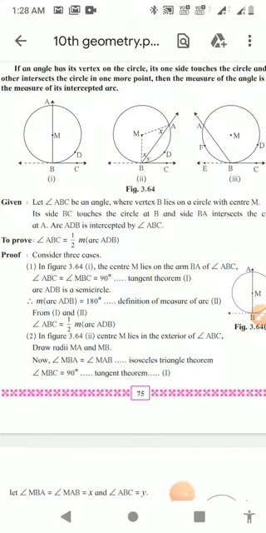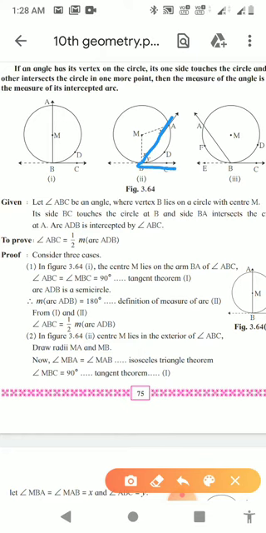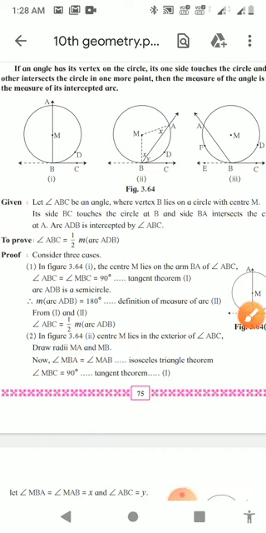Now we will prove this same theorem using the second case, as I already told you, there are total 3 cases. So in the second case, a circle with center M is there. The center M lies in the exterior of angle ABC, isn't it. So this is angle ABC, sorry, and this M lies exterior to this ABC, somewhat on the outer side. Now what I will do, I will make a construction here. I will join points MA and MB. These are nothing but radii, MA is also a radius, MB is also a radius.